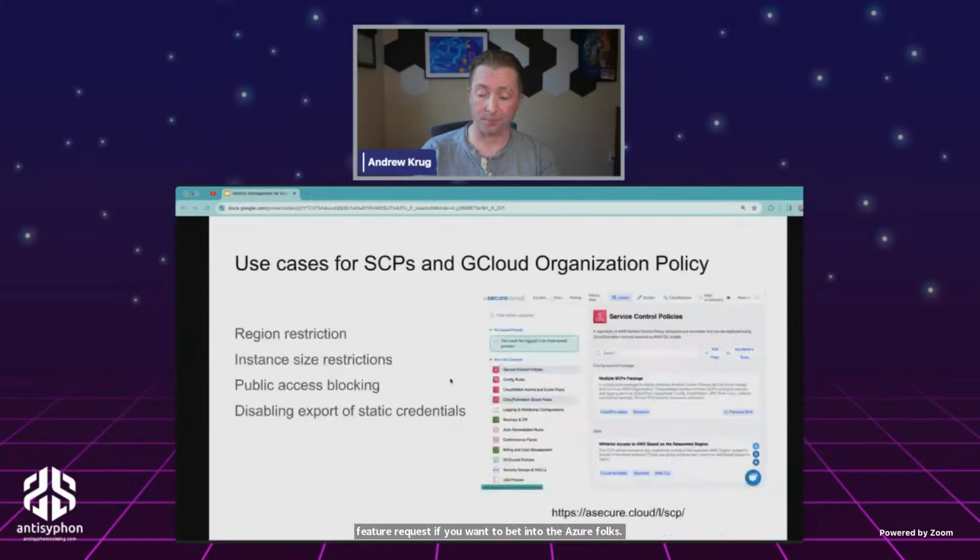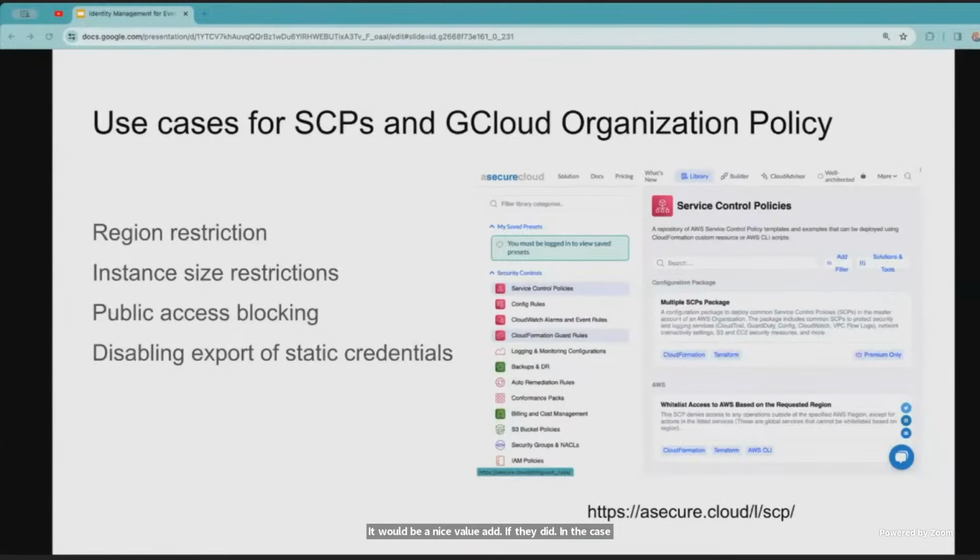In the case of AWS and GCP, though, they both support what's called service control policies on the AWS side and organization policy on the Google Cloud side. And what that allows us to do is it allows us to deny certain API calls with conditions. So you can think of this as the inverse of a grant. We're defining what should never be true. And what I recommend to people, if they have never done this before, is just starting with easy stuff.